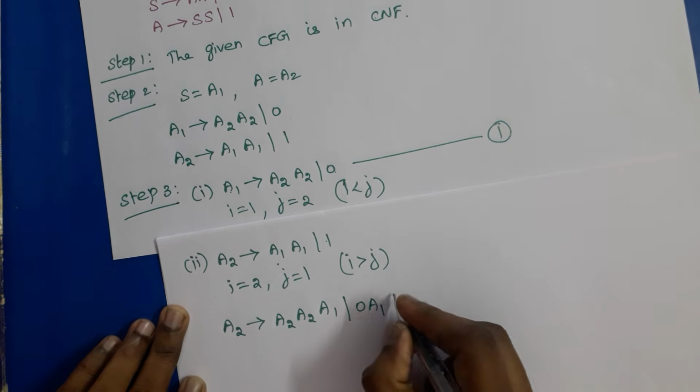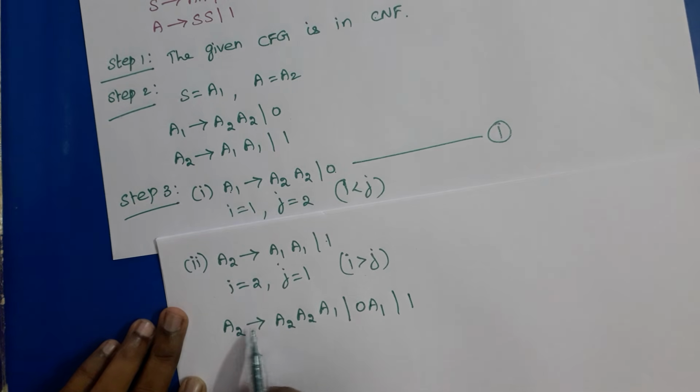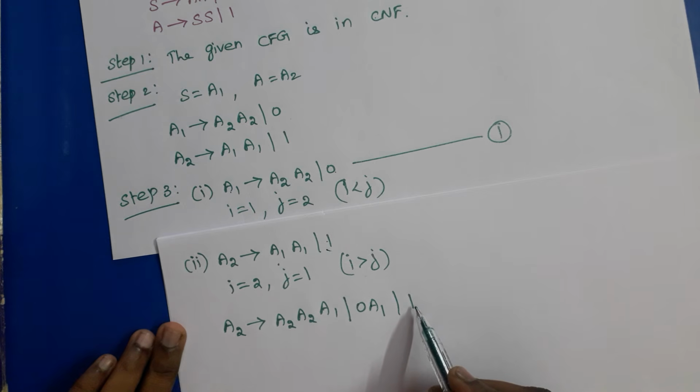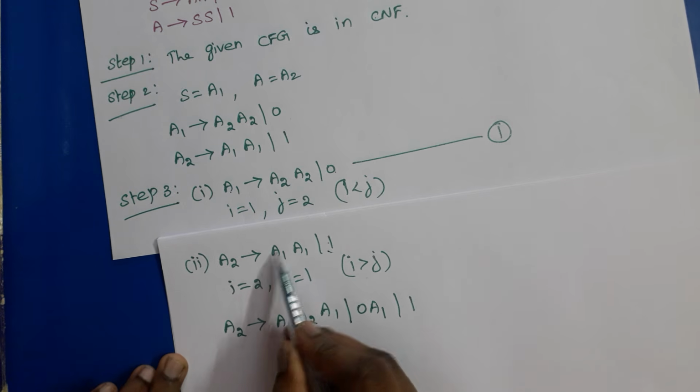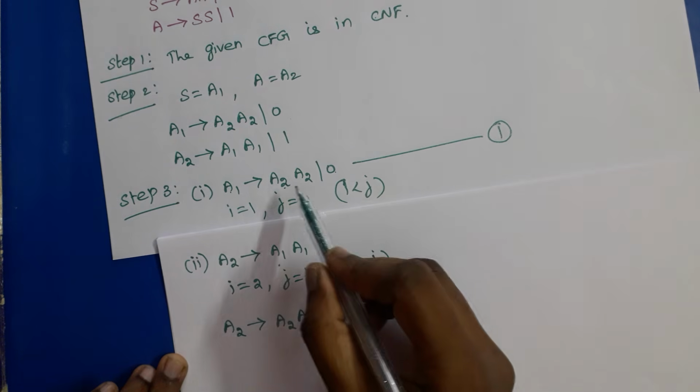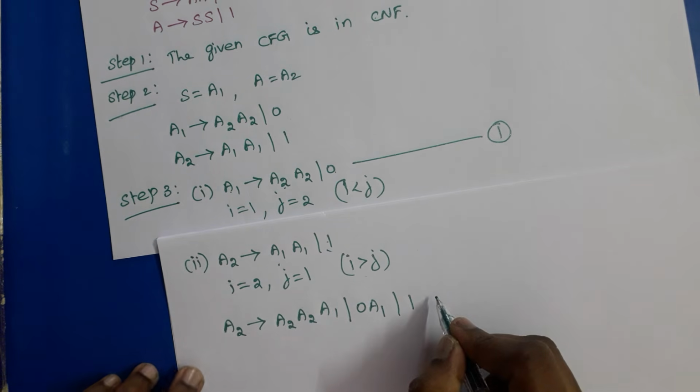Then this 1 should be written as it is. Okay, so A2 tends to, there is no change in 1. 1 should be written as it is. But this A1 should be replaced by A2 first, then 0. So now this is